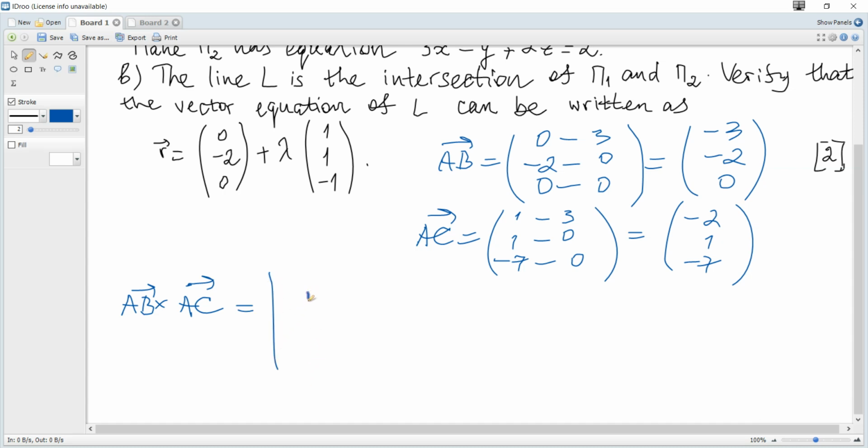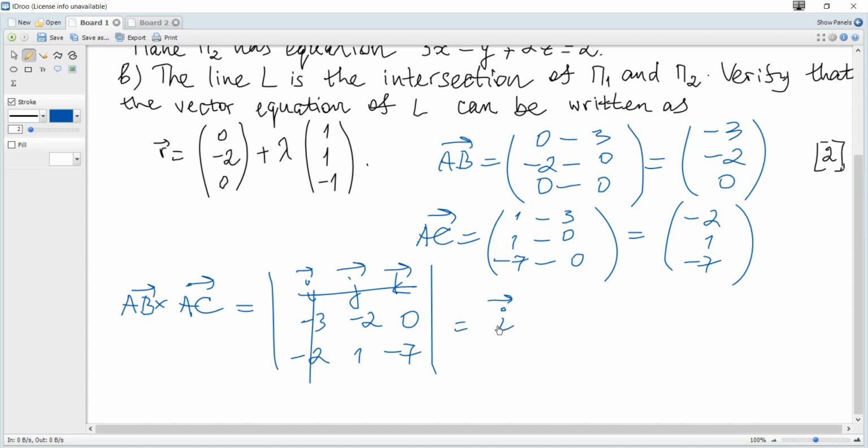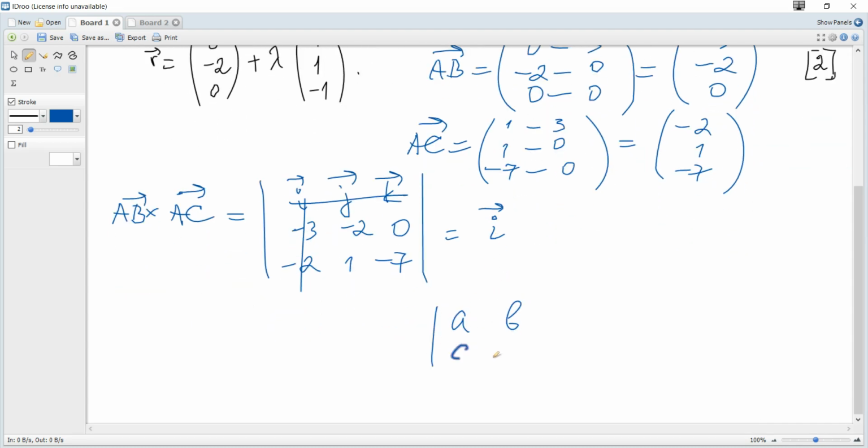It's the determinant of i, j, k, (-3, -2, 0), (-2, 1, -7), and it is equal to i times the determinant of this 2 by 2 matrix, which is ad minus cb,